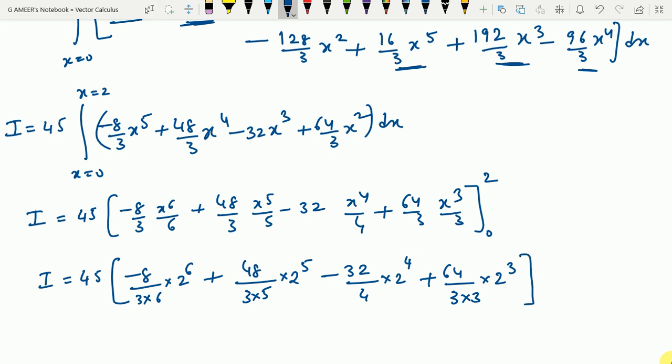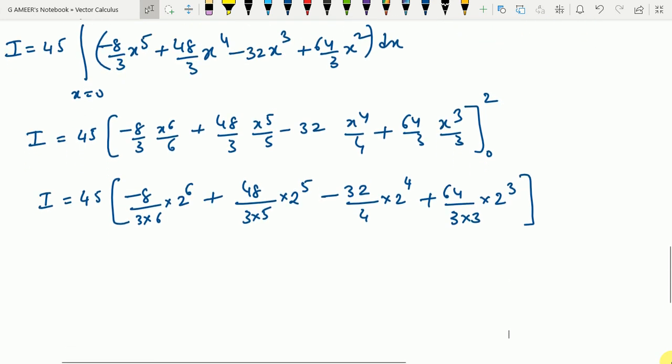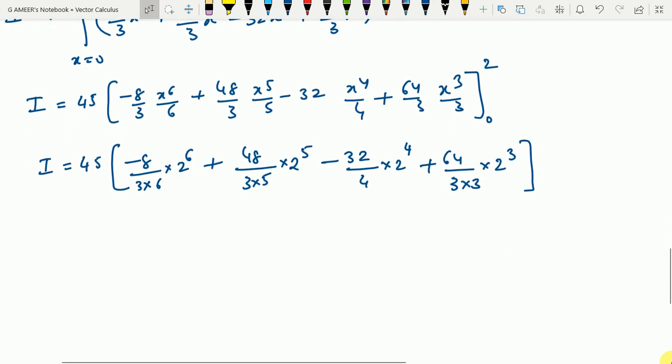Okay, so now each and every term we need to simplify here. I is equal to 45 into, first term will be 2 power 6, so it can be written as 2 cube. The total will become minus 2 power 9 by 3 into 6, 18,